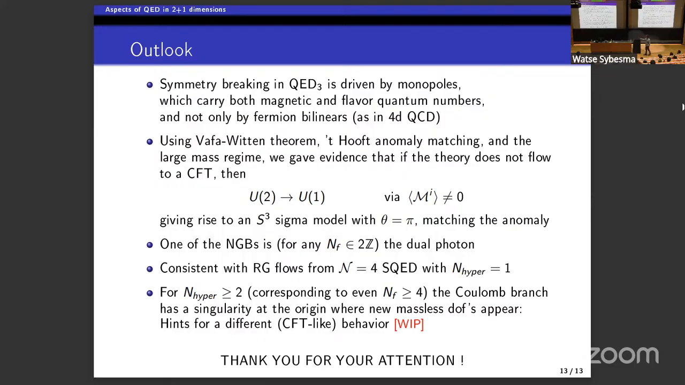And I show you how this is consistent with the RG flows from supersymmetric QED with one hyper. And one last observation is that if you perform the same trick with a supersymmetric version of QED, but with more hypermultiplets, now the Coulomb branch has a singularity at the origin. And the singularity at the origin usually means that there are additional massless degrees of freedom there. So it's compelling to think that in that case you will be sucked into the origin, and the theory, for 2 or more hypers, which means 4, 6, 8 Dirac fermions, then has